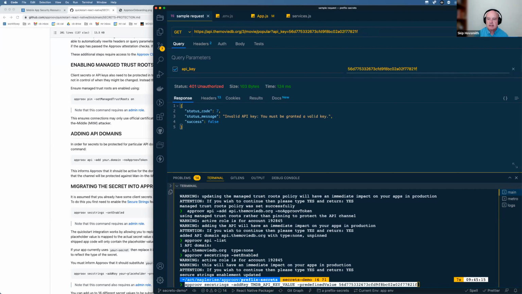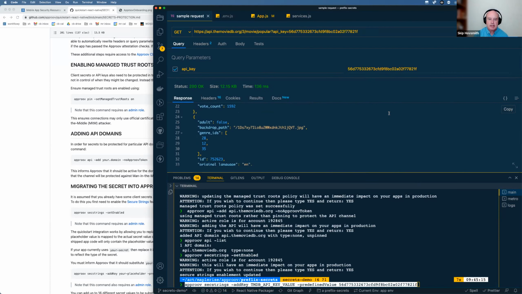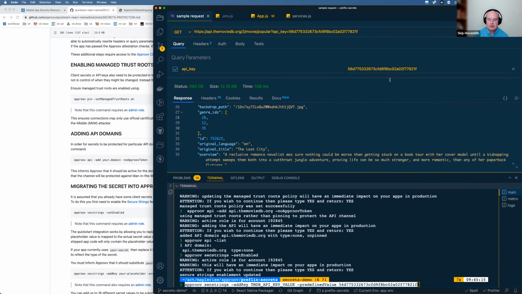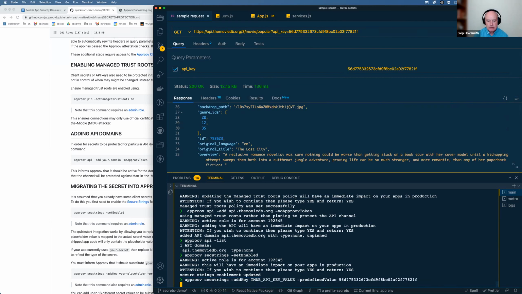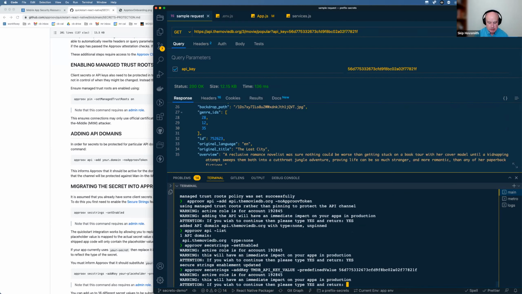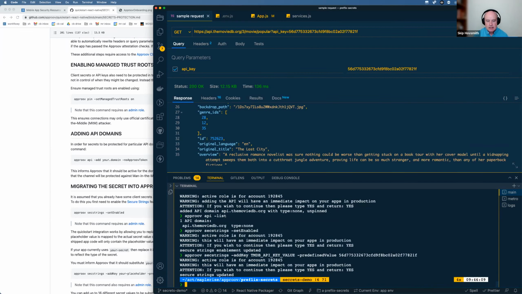If I actually do this and send it, you can see that that's the working API key. Here's a valid response here. So that's been added to approve. So as soon as we enter that, it's again going to want me to type yes. And we've now completed that.